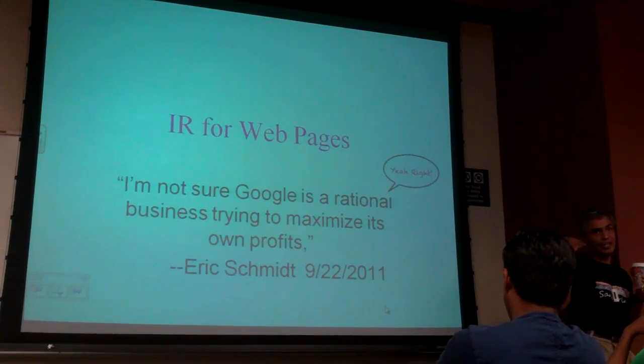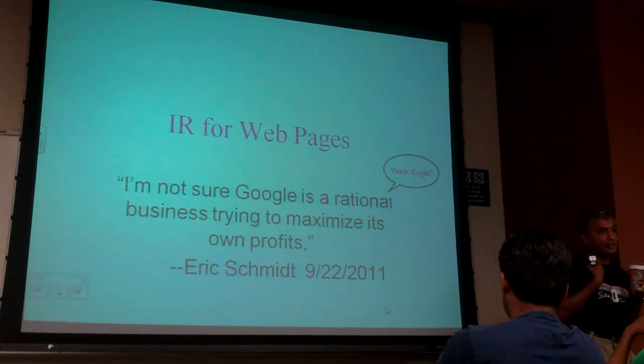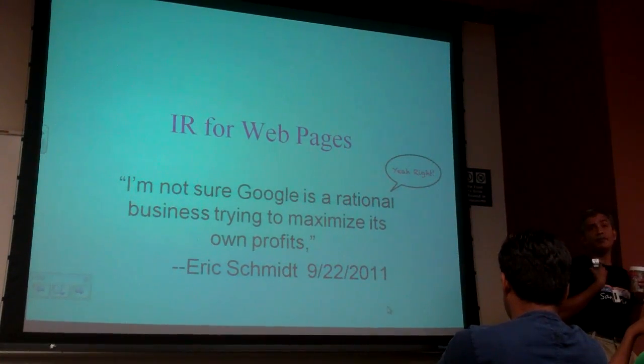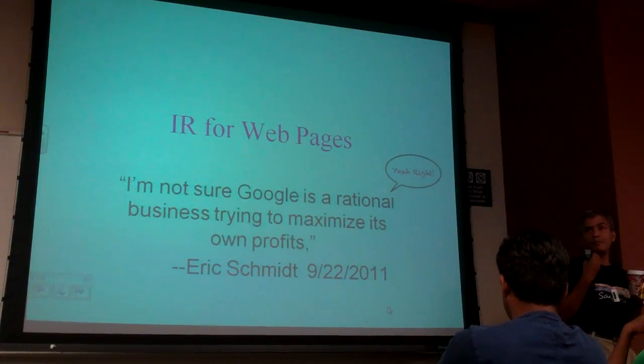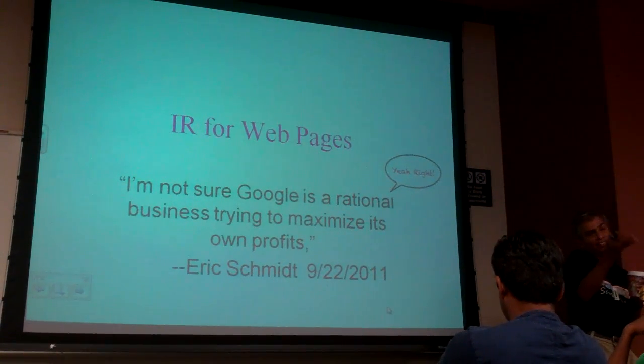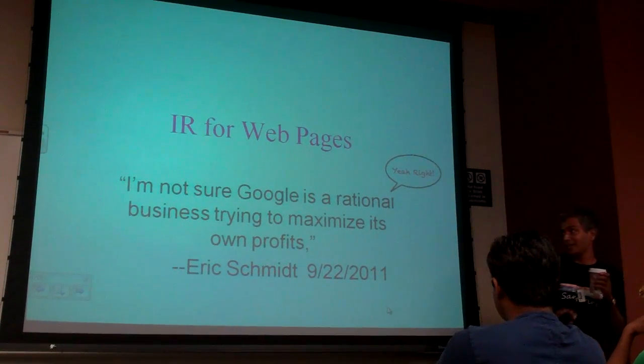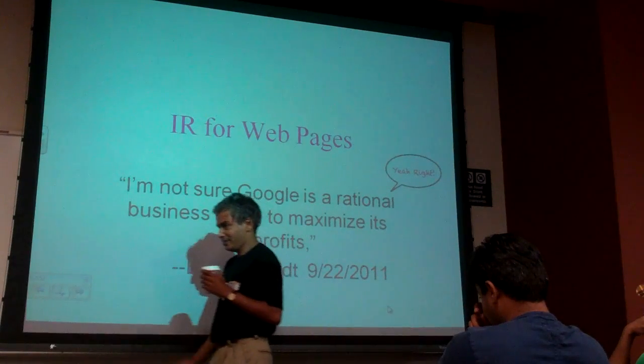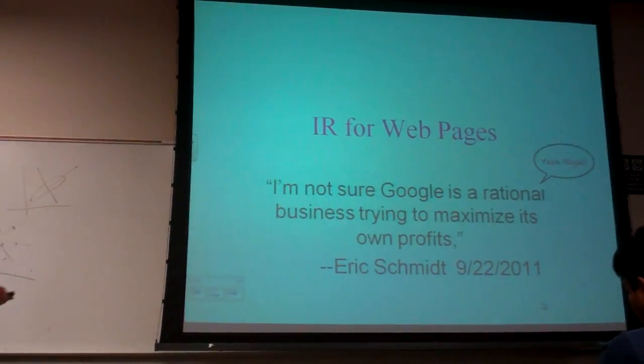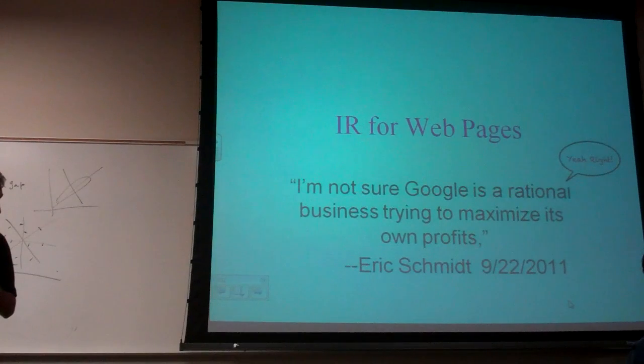It's not an economics class, but there are sections of society, including professors, who think AT&T should not have been broken up. When Bell Labs was there, some of the best research in the world came from Bell Labs. Okay, it's true that people paid lots and lots of money for their phone calls, but it was good for professors. They could spend time in Bell Labs, and monopolies are kind of good, kind of bad. Okay, so I'm not talking about that issue. It is interesting, however, that Eric Schmidt thought, he's not sure that Google is a rational agent. Anyway,